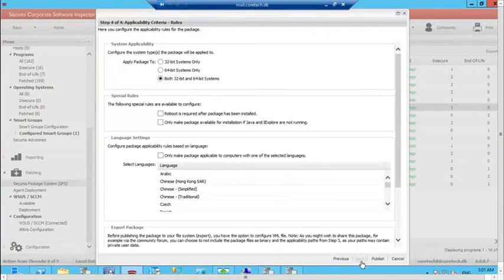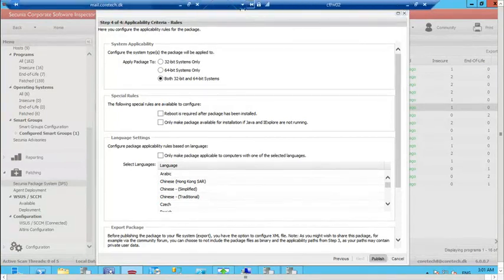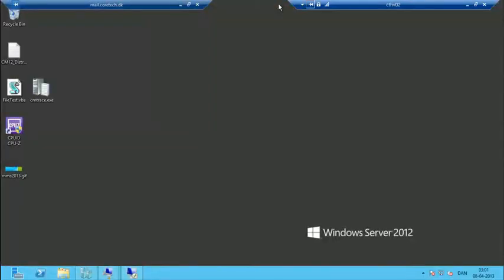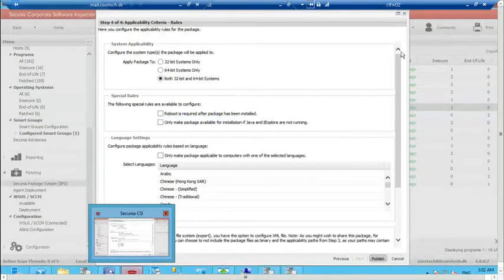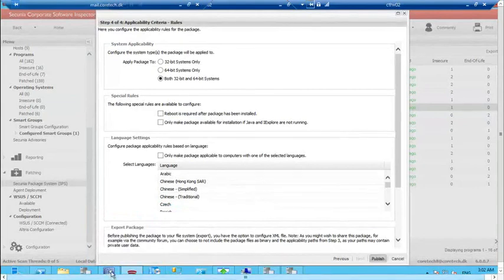And from here, it's more or less just next, and publish. Once this one here is published, let's just see here if I have my CM02 here in the background. Once this one here is published, it will just be injected into WSUS, and just like before, I will just go ahead and initiate a synchronization in WSUS, and the result will be, if I go in here to my Config Manager console,